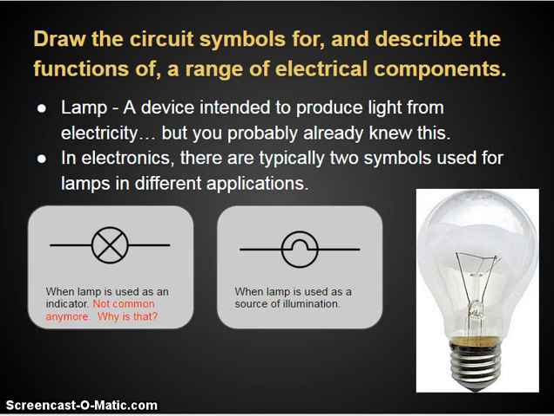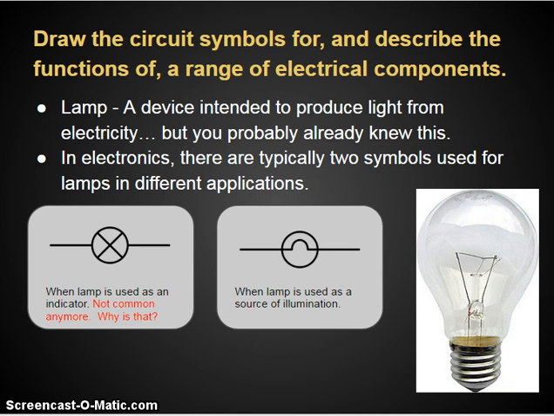A lamp. A lamp is simply a device used to produce light from electricity. You probably already knew that one, though. In electronics, there's two symbols for lamps, although one is very rarely used these days. You have a lamp used as an indicator, which is the circle with an X through it, and then a lamp as a source of illumination, which looks like a Pokeball? I don't know. Anyway, it is a circle with a kind of a lump in the middle of it